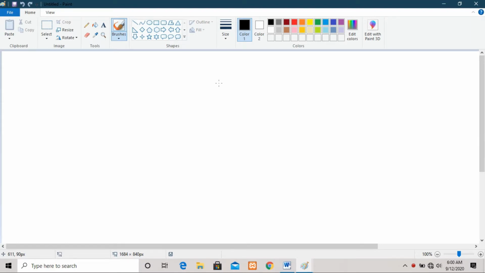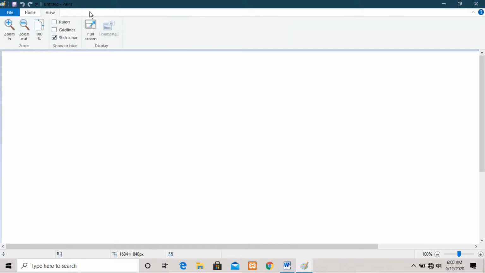So this is the interface of MS Paint. In this video, I'm going to explain each part of MS Paint. The topmost area of Paint where I am dragging my mouse is known as the header portion, and just below the header portion, these two tabs are known as menus, and this whole area is known as the menu area.